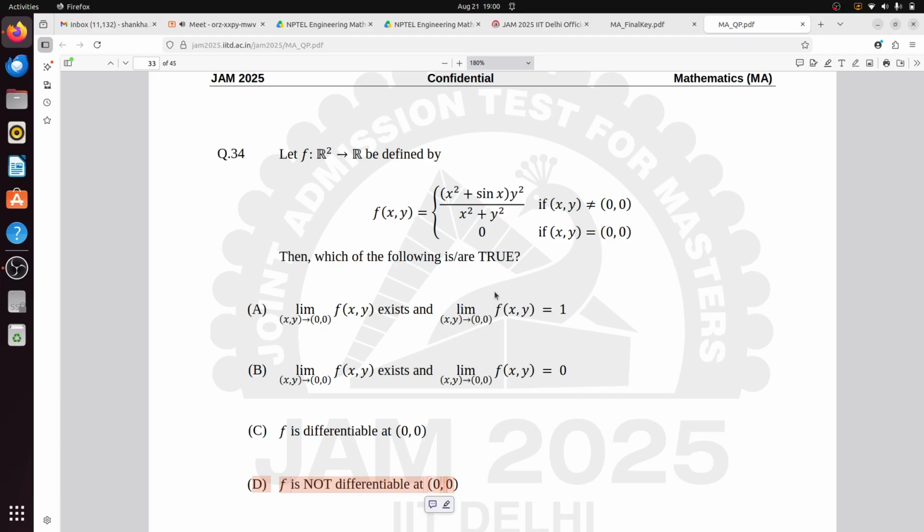Okay. Because sine is not a polynomial function, sine is a trigonometric function. If you consider the Taylor expansion, still you will get that dependency, that will not be properly converging, because you will have 1 by r, that is not convergent if you clearly expand it. You got it?